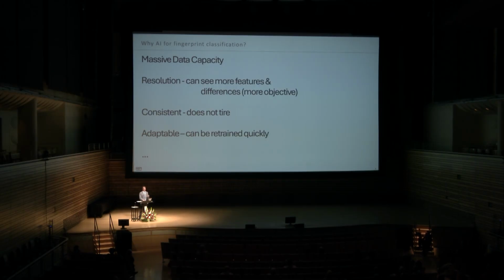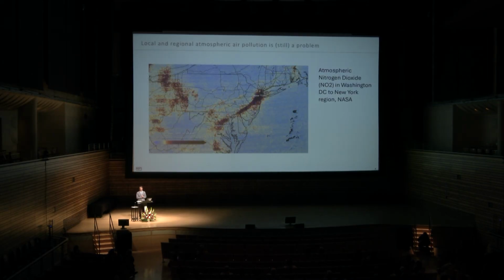So I want to talk about two applications that are very engineering-centric that I've worked on. The first one has actually been something I've worked on for about 20 years. Air pollution is still a big problem in the world. And today we have super emitters that tend to be in large population centers. Here you'll see a map of nitrogen dioxide emissions from satellite image between Washington, D.C. and New York. Basically, we're all breathing terrible things. Pollutant compounds, volatile organic compounds that have unknown health effects.